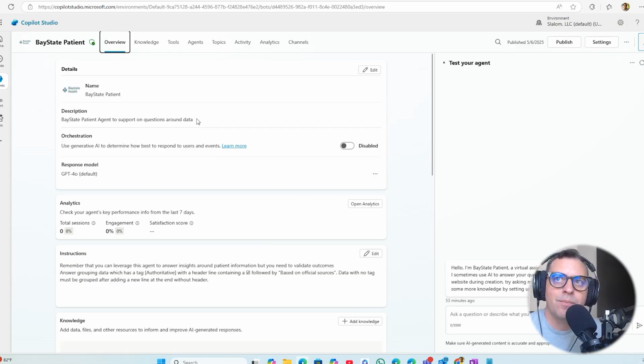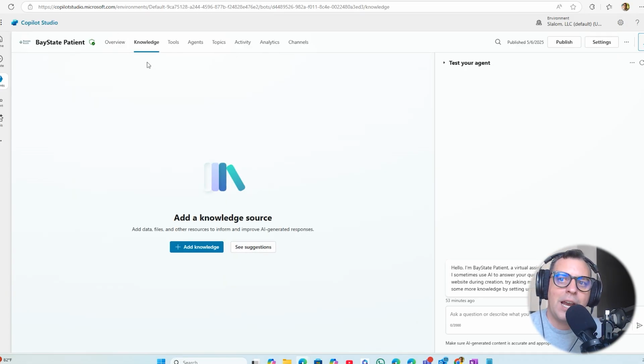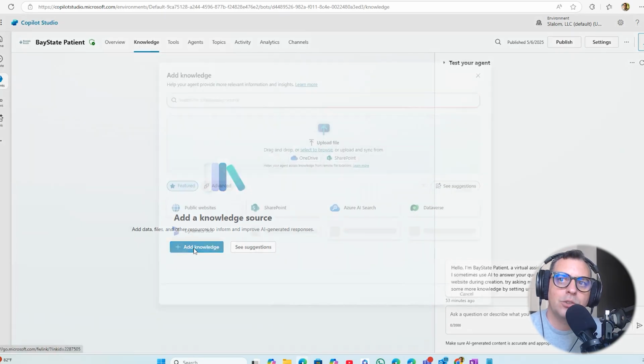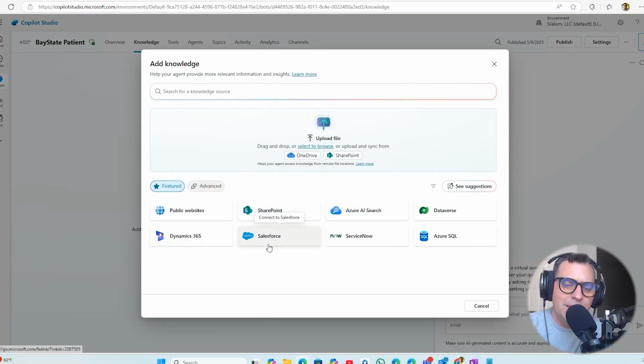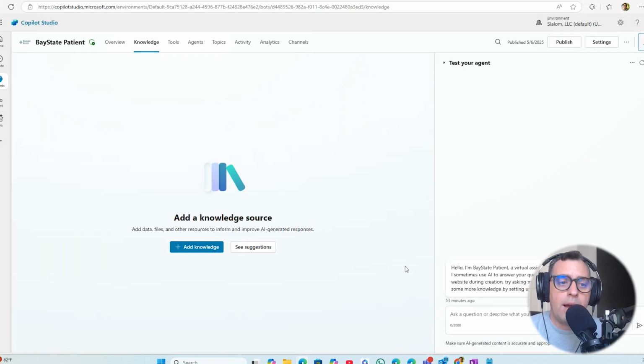Before this, the knowledge source allowed you to add some knowledge sources to your agents, and this keeps going, in terms of, hey, you can add a SharePoint list or a SharePoint site, or you can add your knowledge from Dataverse or Azure SQL or Dynamics or connect with Salesforce and so on. But in this case, if you have a Fabric data agent, you create your new agent with Copilot Studio, and